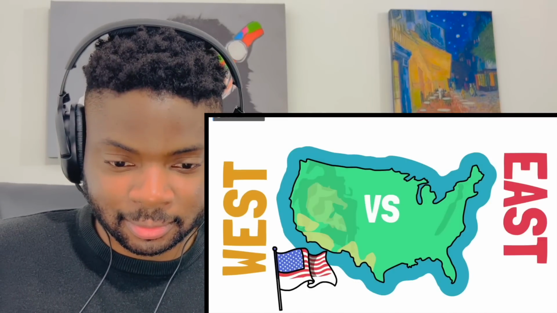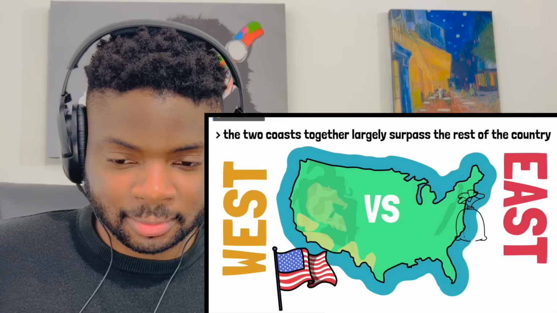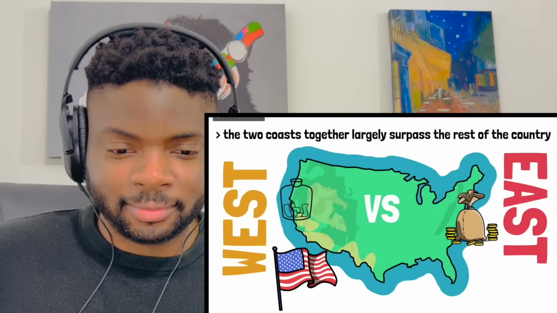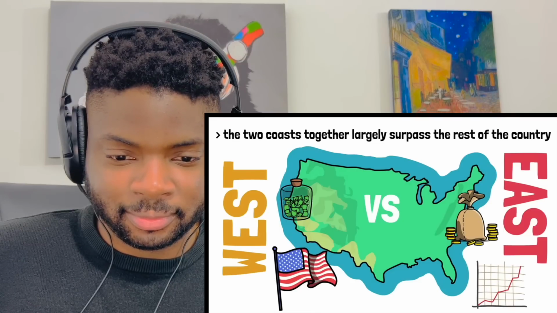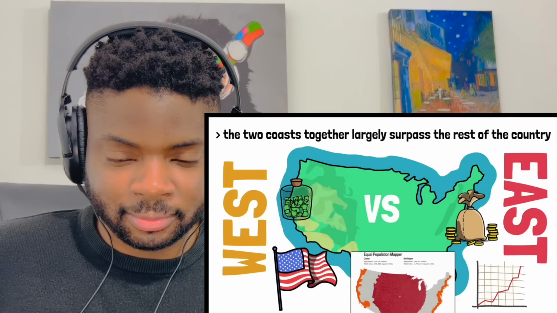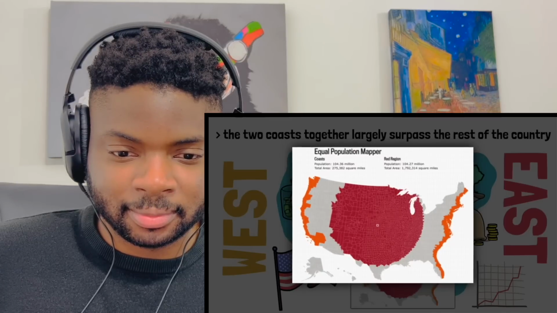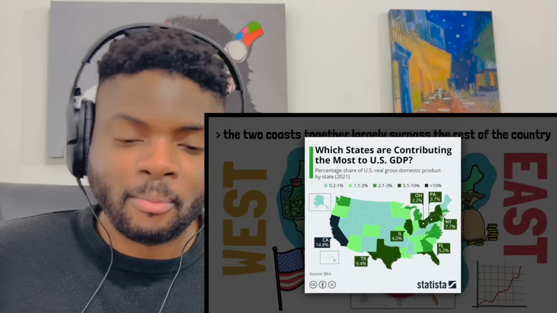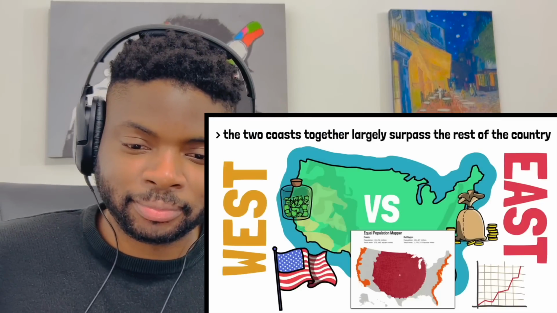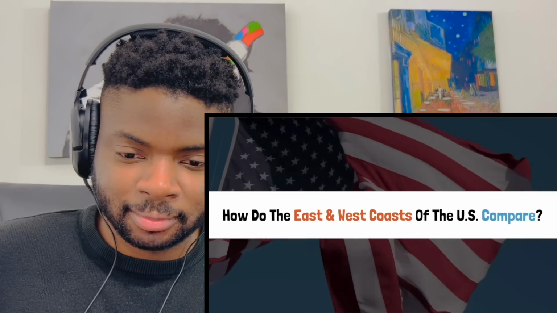First, it's important to point out that the two coasts are, together, the most developed and rich regions of the country. When you compare each or the two together with the country's interior, the numbers speak for themselves. The biggest example is population, with the vast majority living in the coasts. But comparing the coasts with the interior would be a little boring because the coasts would do better in pretty much all factors. So I want to take into account the two of them and answer the question, how do the East and West coasts of the US compare?